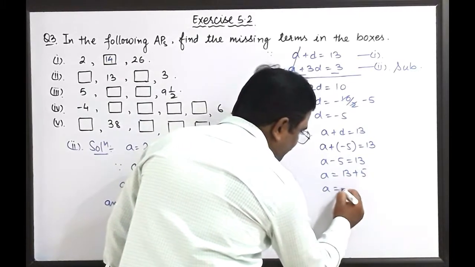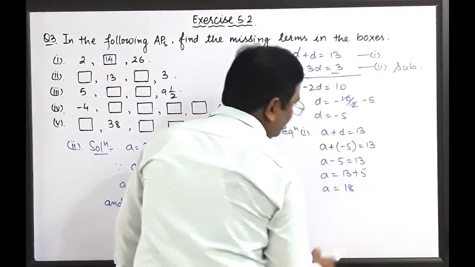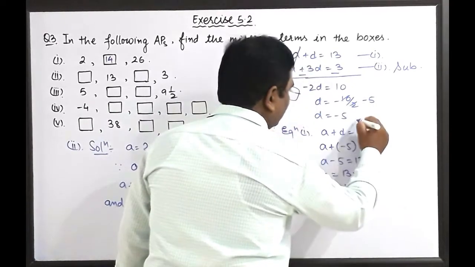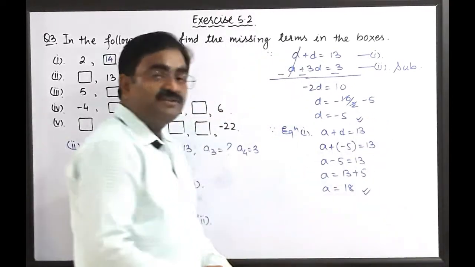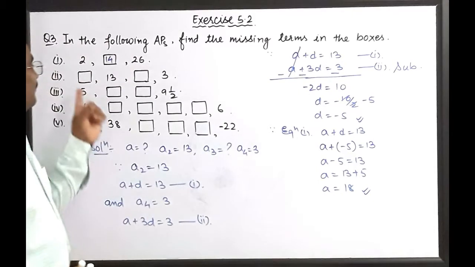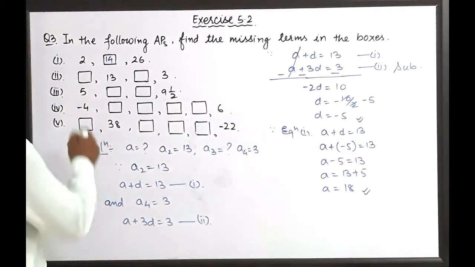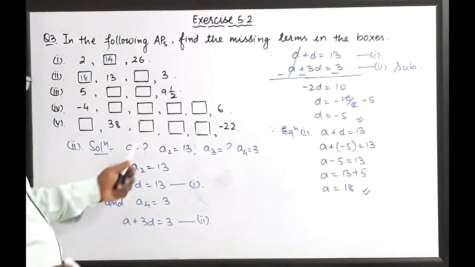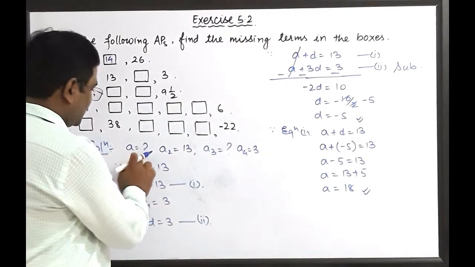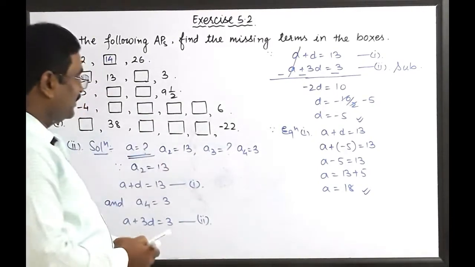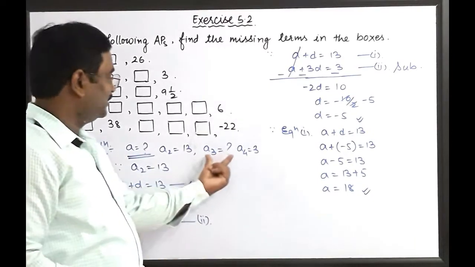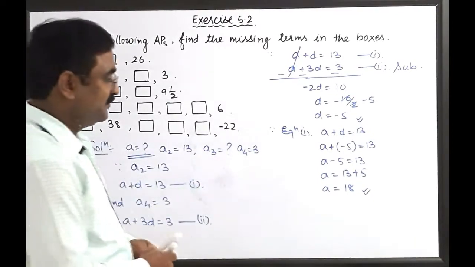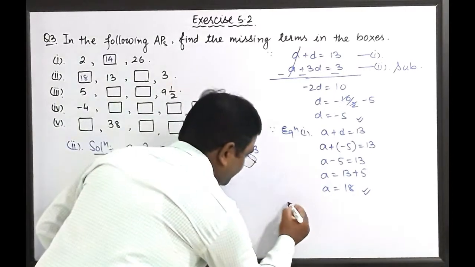The first term is also given, which is 18. Okay children, the first term came, that is 18. Now we have to find out the value of A3, meaning the third term. Therefore A3 is equal to